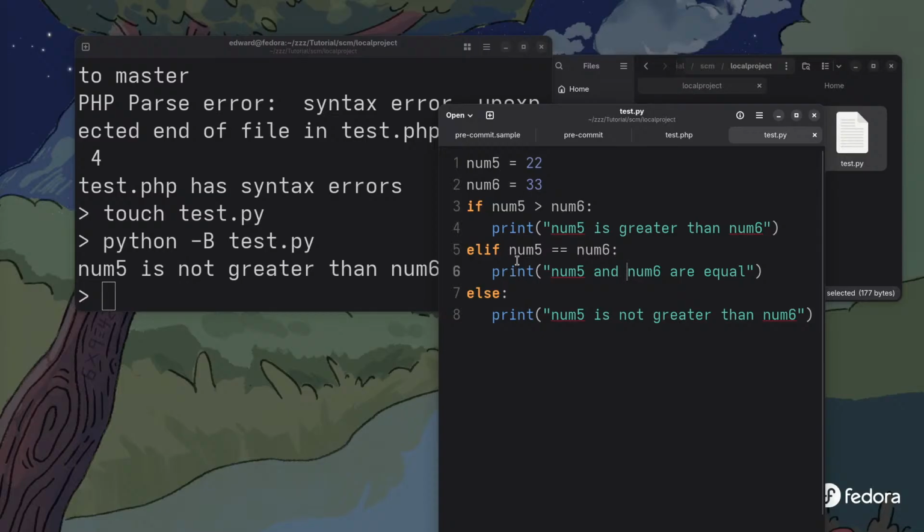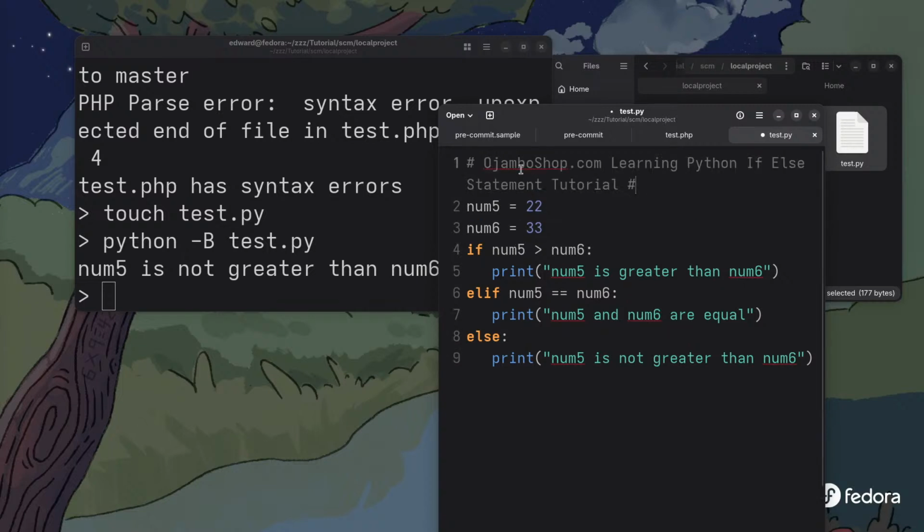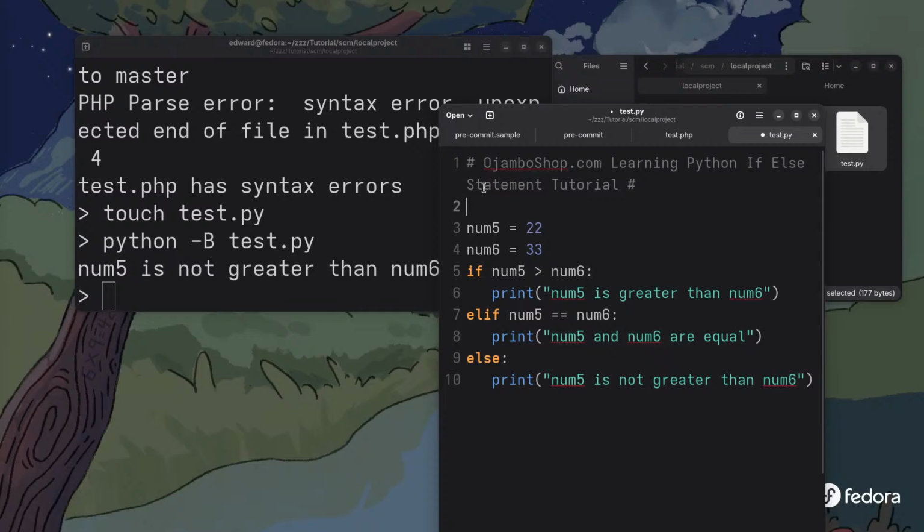Now I'm going to make this file invalid. First I'll tell you where I got this from. It's actually from jumboshop.com, a learning Python if else statement tutorial. I think I did this last year. Then this is just a comment, so that's obviously valid. Then I'll just make up some variable here. I'll just type something